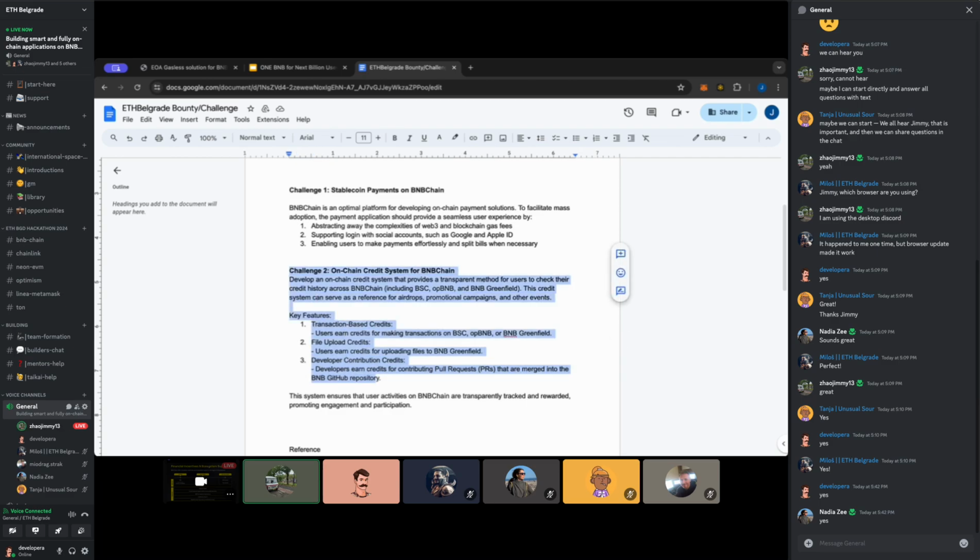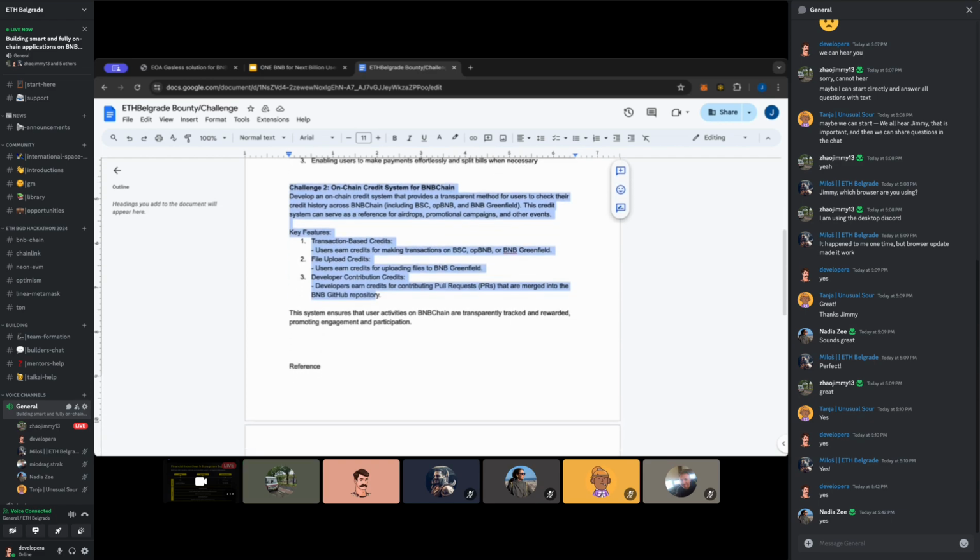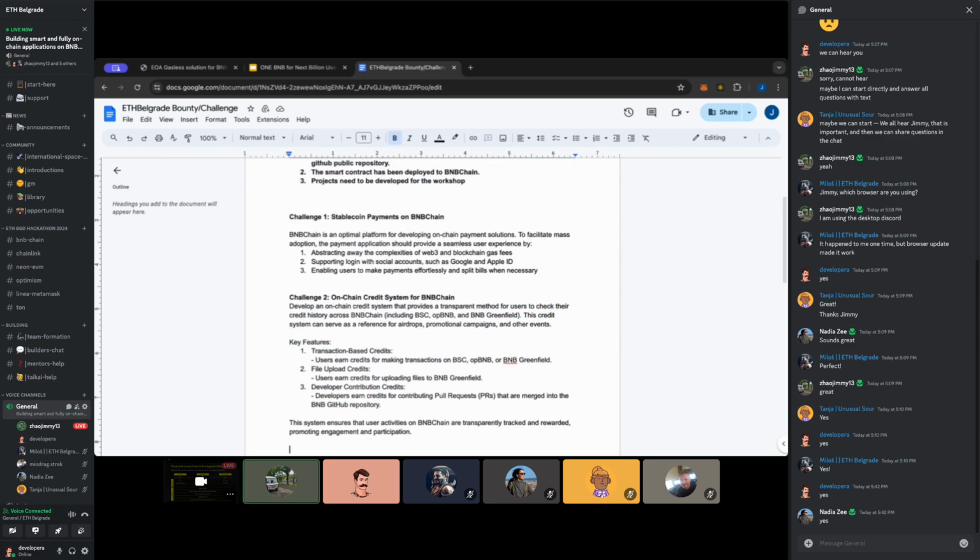It is better if you can build this kind of credit on chain, but I know this could be more expensive, so an off-chain solution is also acceptable. These are the two challenges we have for this workshop. Of course, it is open for any new or useful idea on top of the BNB chain, so you do not have to restrict yourself to these two challenges.